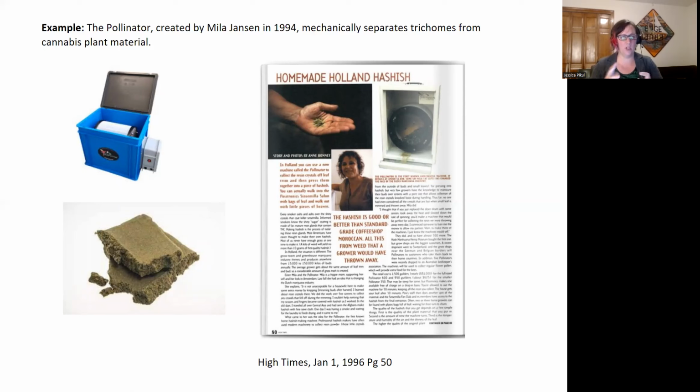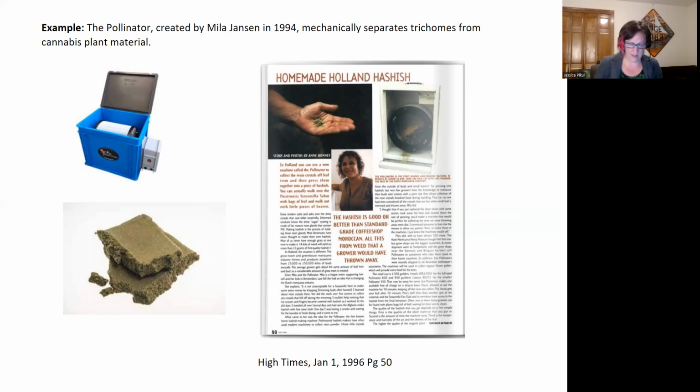And so what she did was she made a machine that is essentially like a washing machine, but you put in cannabis plant clippings and it agitates it, and you get all of the trichomes, the little bits of the oily good stuff on the plant material, to come off. They separate from the plant and fall through a screen and can then be collected and pressed into hash. So it's a way of using more of the plant for people that are growing on a large scale.